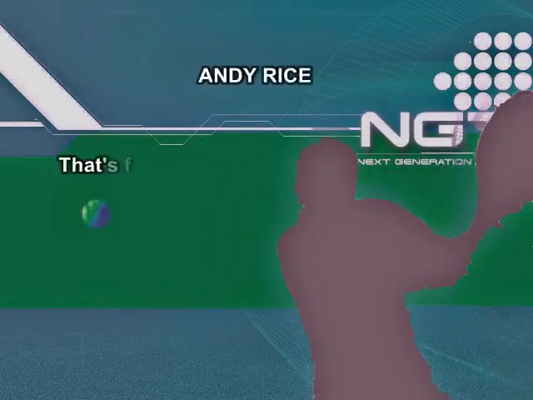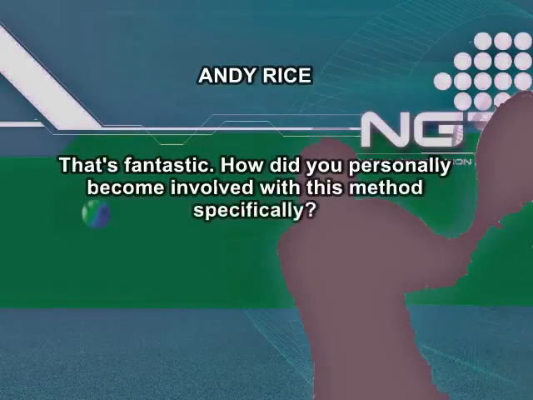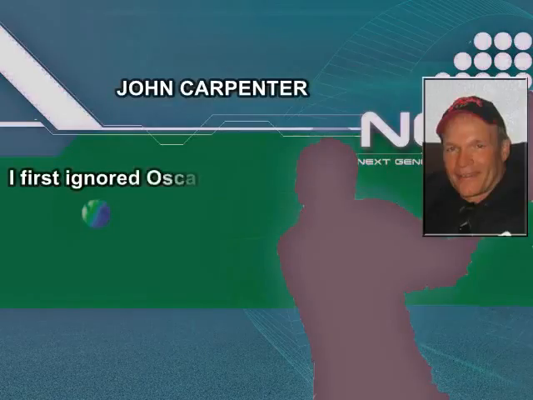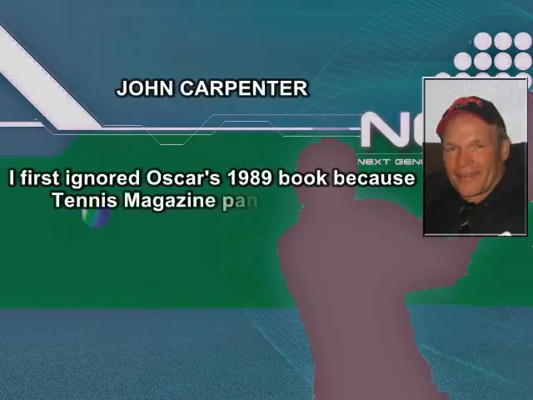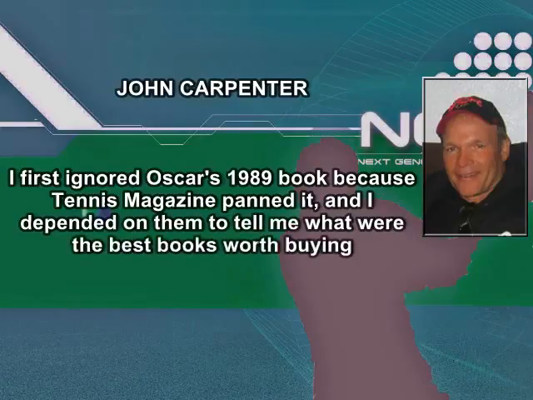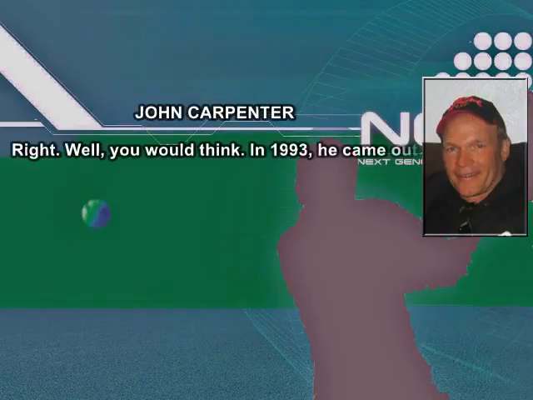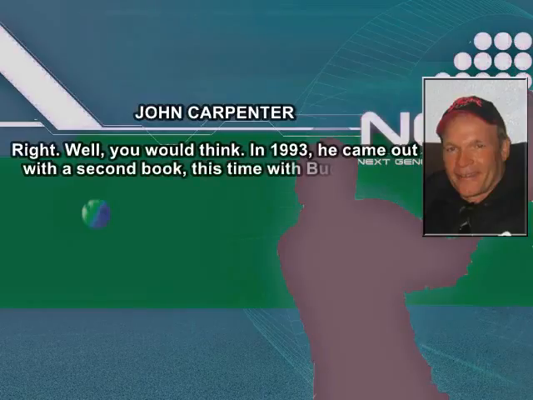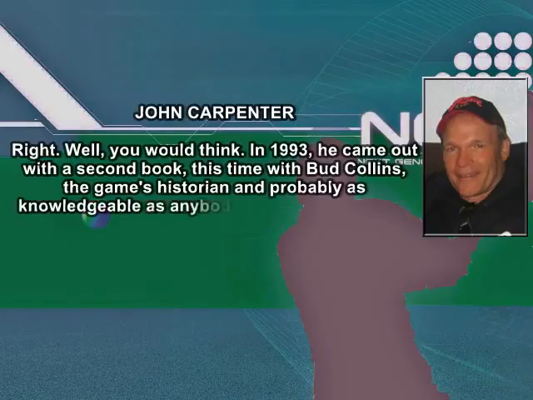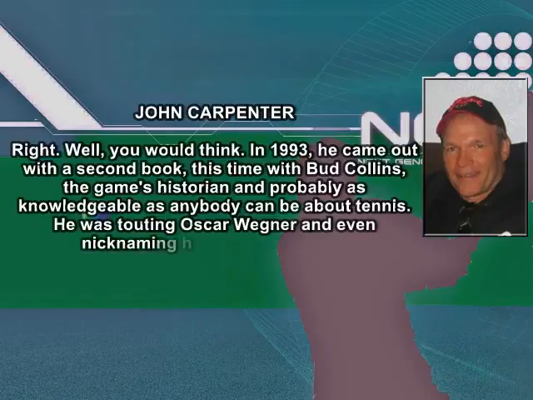How did you personally become involved with this method specifically? Well, I first ignored Oscar's 1989 book because Tennis Magazine panned it, and I depended on them to tell me what was the best book. The authority. Well, you would think. In 1993, he came out with a second book, this time with Bud Collins, the game's historian and probably as knowledgeable as anybody can be about tennis. And he was touting Oscar Wegner and even nicknamed